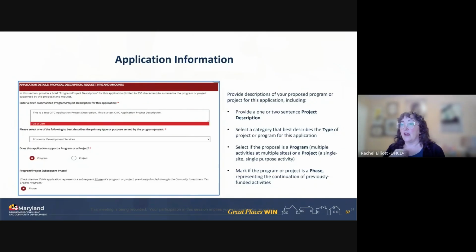Also in here, it asks for a brief program description. We want it to be pithy and clean. It gives you 250 characters, but shorter is better. It doesn't have to explain everything. It just has to tell us what you're doing in two sentences at the most.